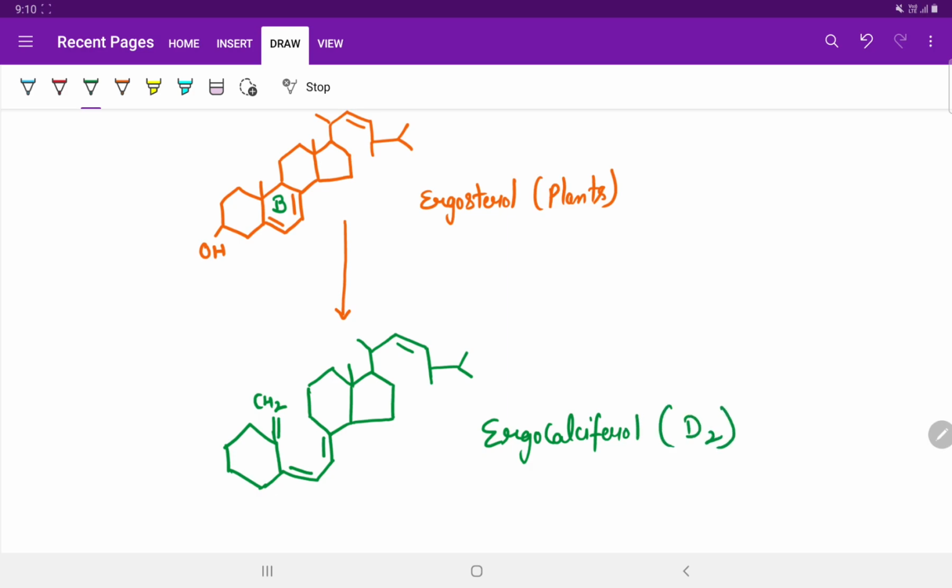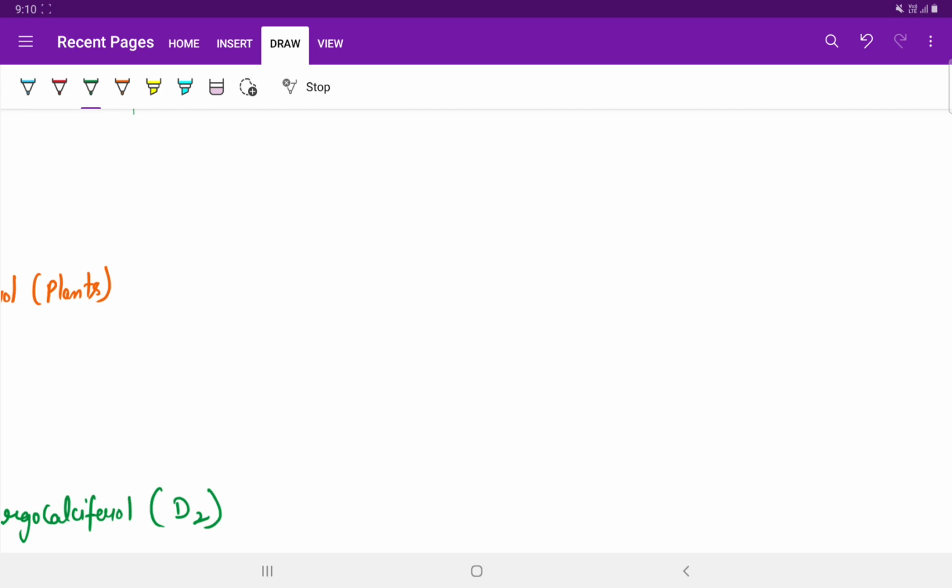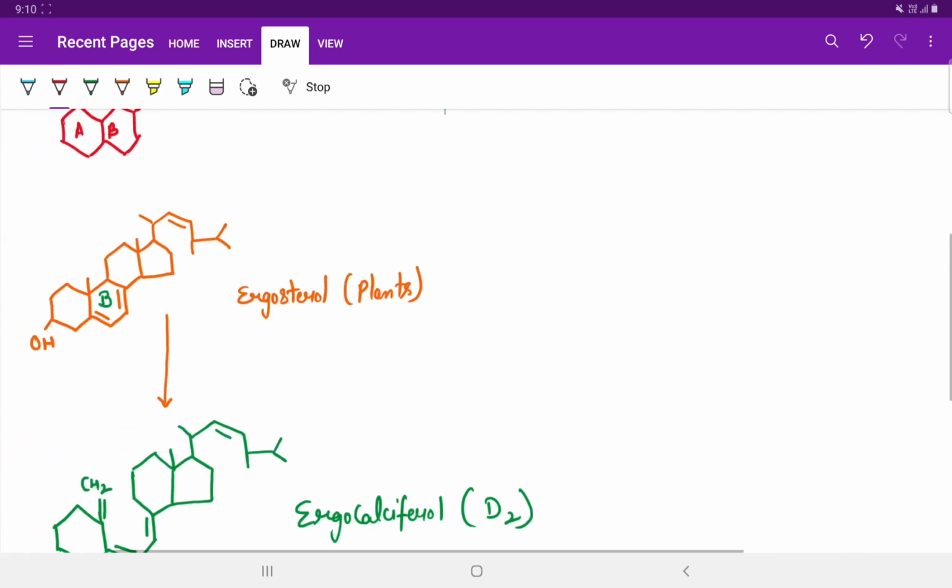So these are the precursor or the provitamin forms. During the course of cholesterol biosynthesis, 7-dehydrocholesterol is also formed as an intermediate, and on exposure to sunlight, this is converted to cholecalciferol. So this was the case in the plants, and how does this conversion take place in the animals? It occurs from the intermediate that is formed during cholesterol biosynthesis in animals, that is 7-dehydrocholesterol. So students, remember that this reaction always occurs in presence of sunlight.